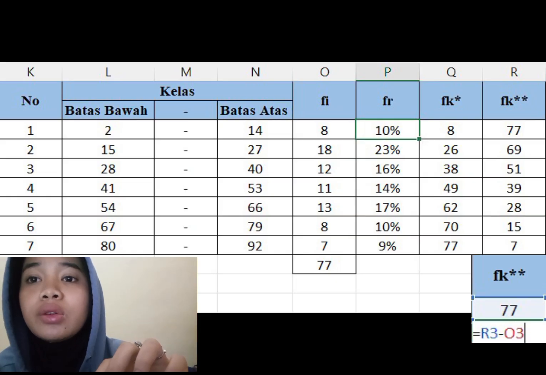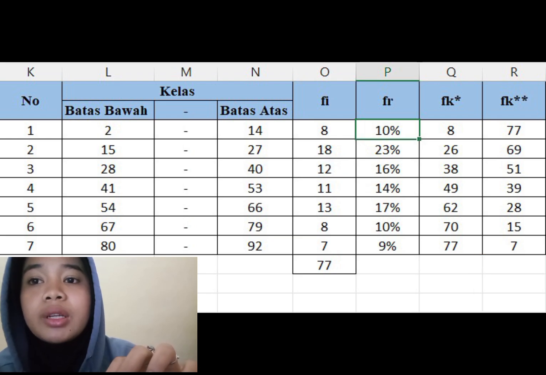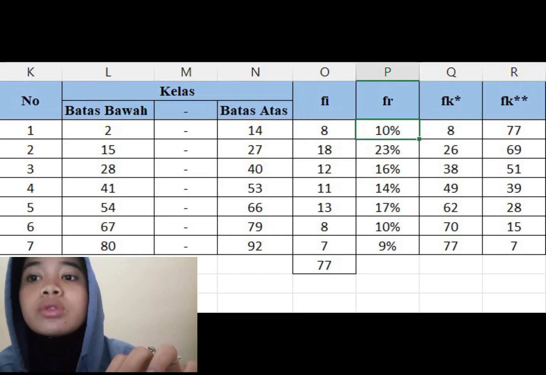For the second value of FK greater than, use the formula equal to the first value of FK greater than minus the first value of FE. Once the result appears, drag down to find all values of FK greater than.